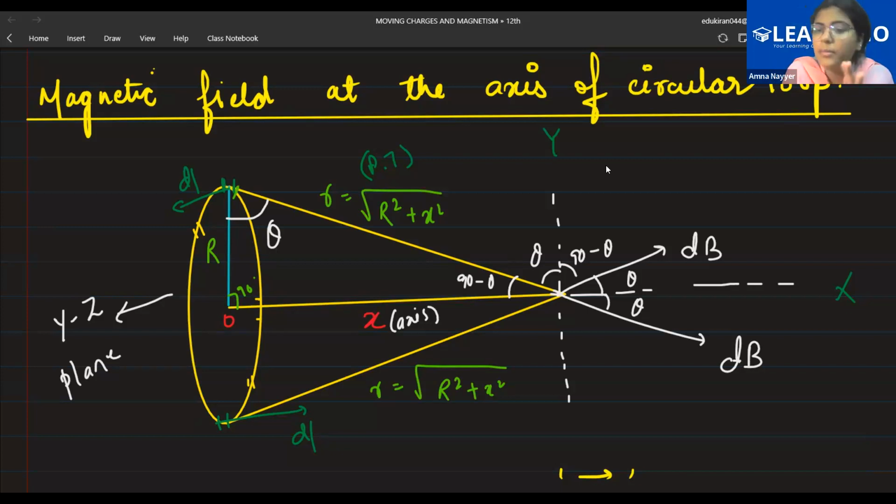Class, your marks will be deducted. Why? Because for you, R is the radius, but radius has no particular meaning that it will be denoted through R only. It can be denoted through A. Radius can be denoted through B, any letter. So it's not necessary. So if you have taken capital R, you should specify that your capital R